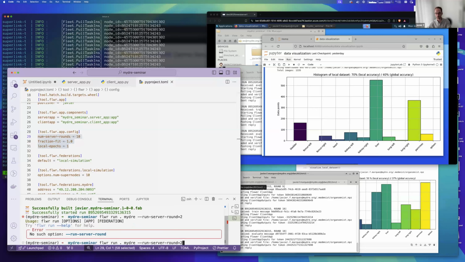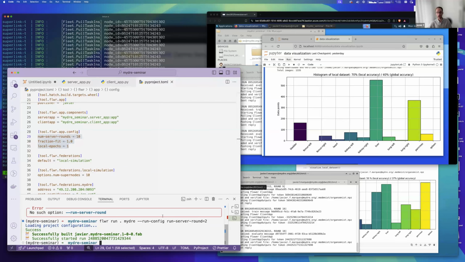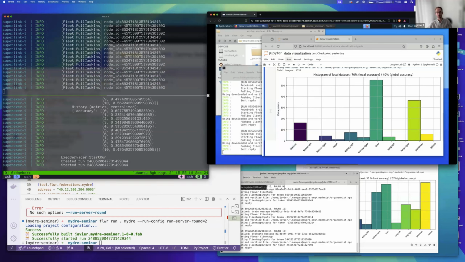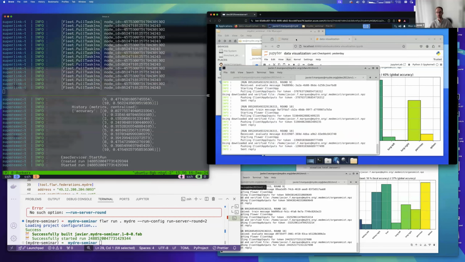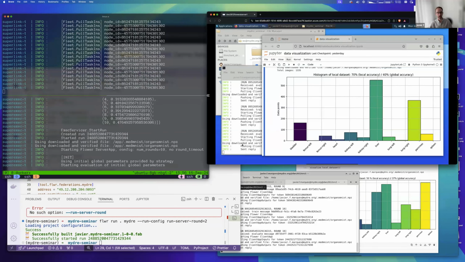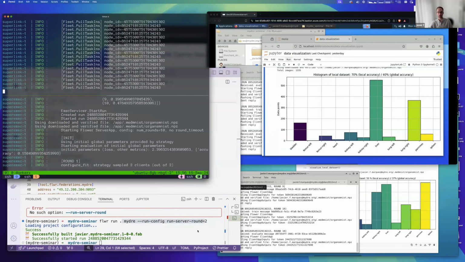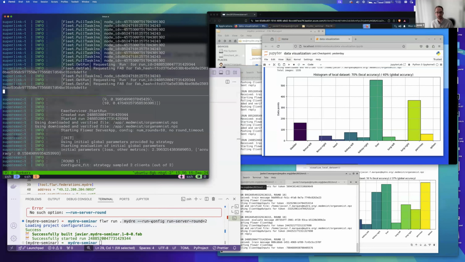Well, oops. I'll just do it like that. So now, the run begins. I don't need to restart the supernodes. I don't need to shut down or reboot anything. My second experiment is running. This time it will run for 2 rounds, but you can think that this can be extended to a more